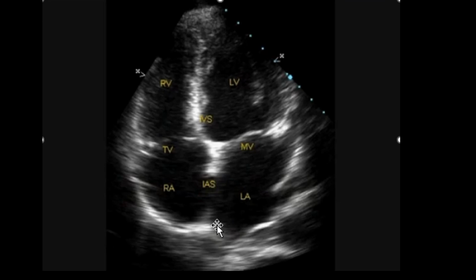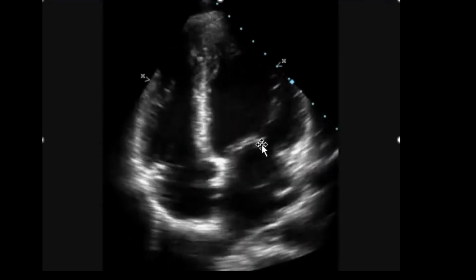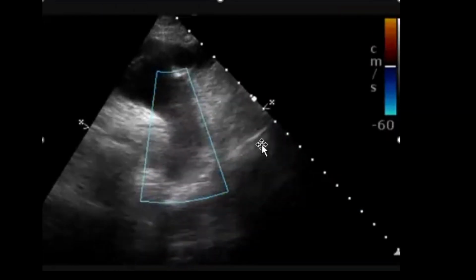So when the beam is parallel, a thin portion, this is the region of the fossa ovalis, will not be picked up well. So this is a false dropout in the interatrial septum, which is normal. But if you see flow across in color Doppler, then you can know that it is not a false dropout, but a true atrial septal defect. The mitral leaflets are opening, and this is the